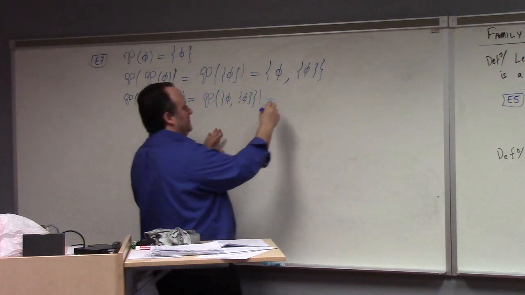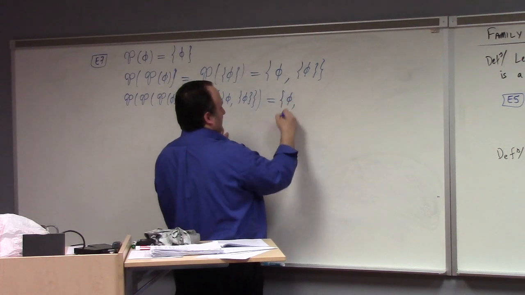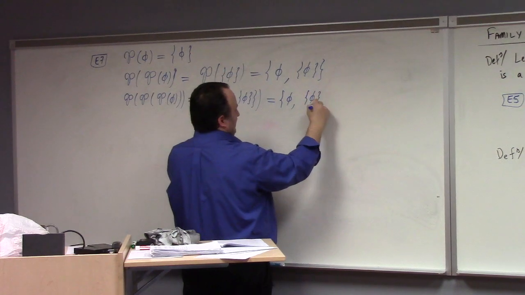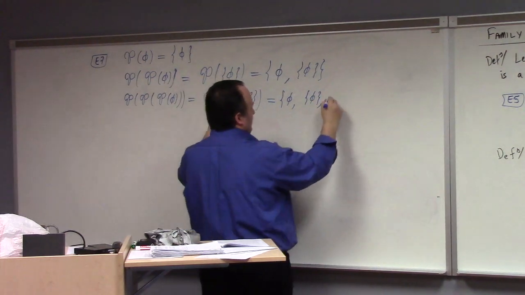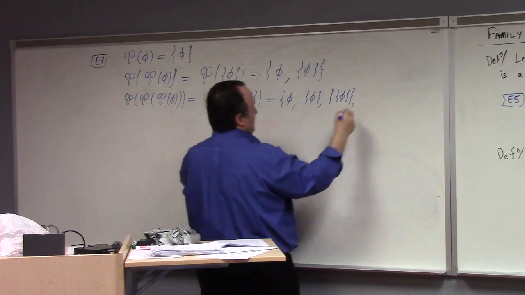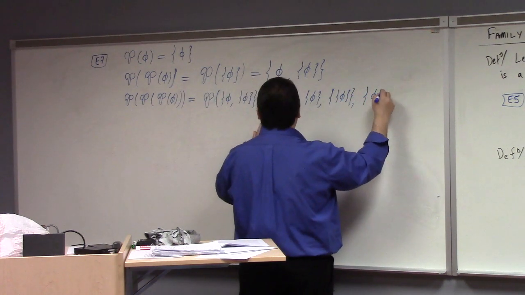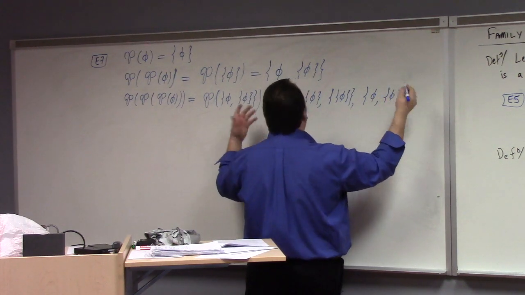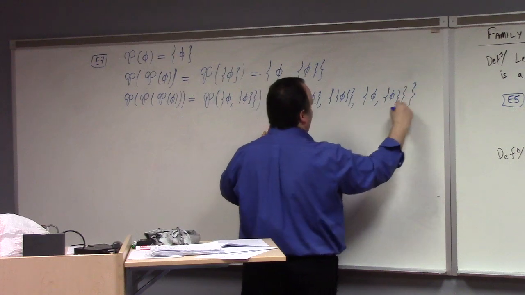Now we've got what? As always, the empty set is a subset, but now also the set containing the empty set is a subset. And also the set containing the empty set is a subset. And finally the whole thing, the set containing the empty set and the set containing the empty set, that set. My words start to fail me, all right? But